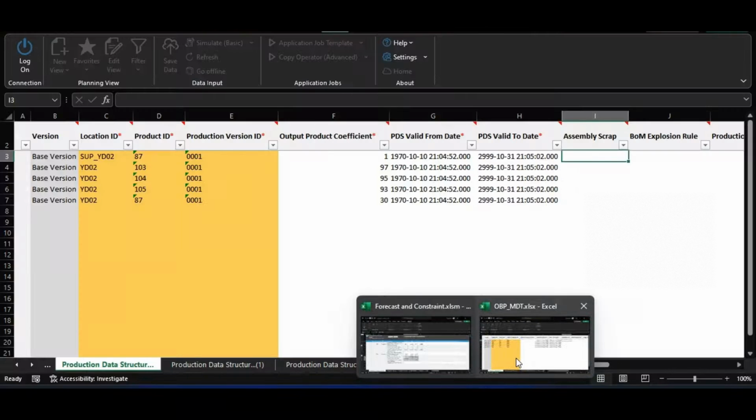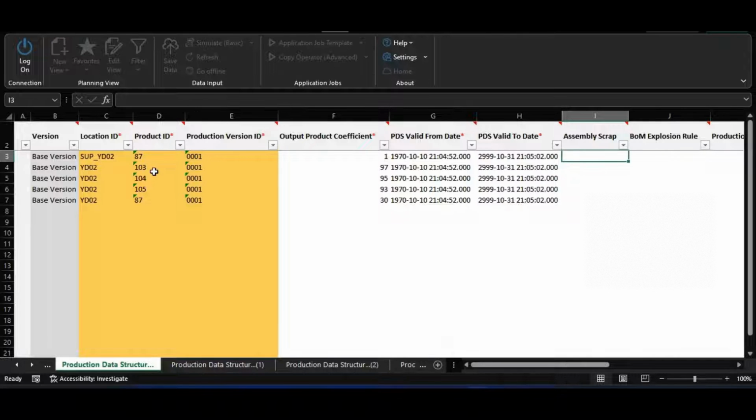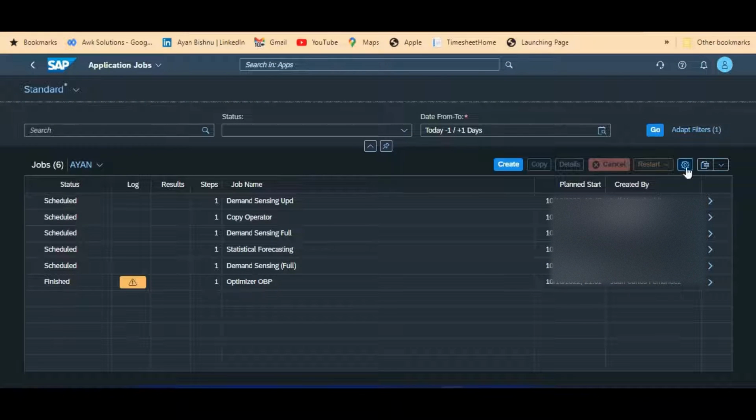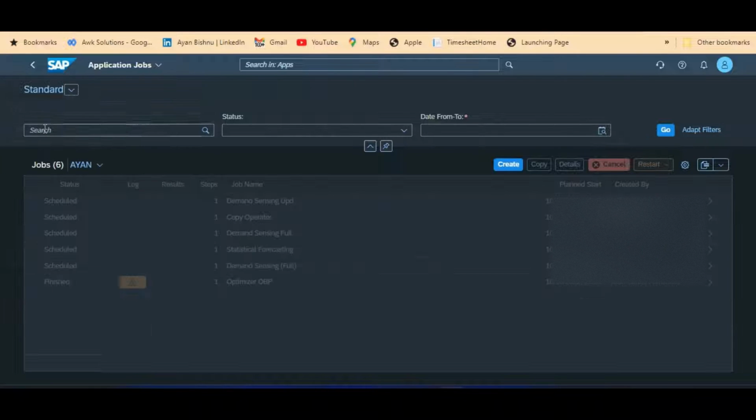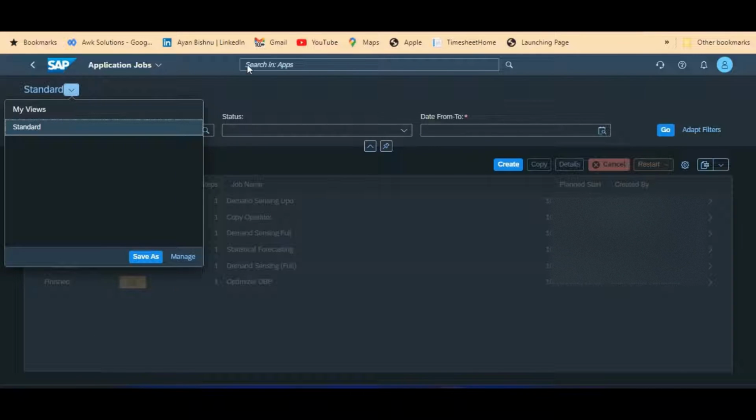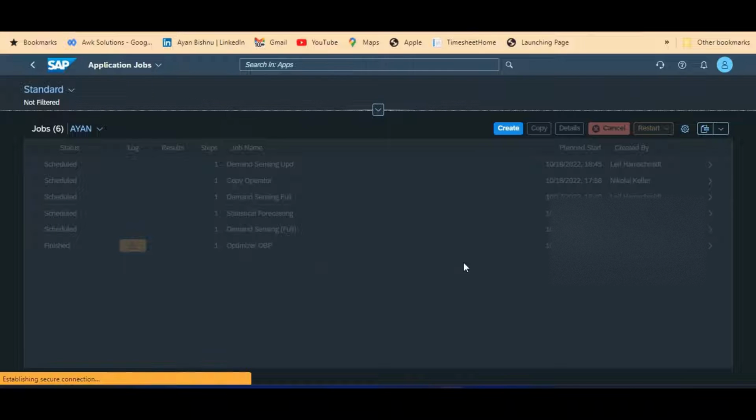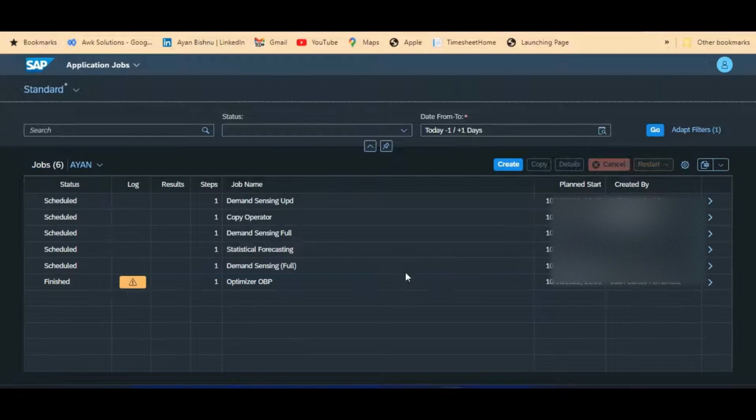So if you remember the last video, this is where I showed you all the required master data and their associated fields that are very crucial for running order based planning with flexible master data. Now, once this master data has been updated, there are a few prerequisites that we need in terms of ensuring that our master data, primarily our planning levels and versions, are all updated and in sync.